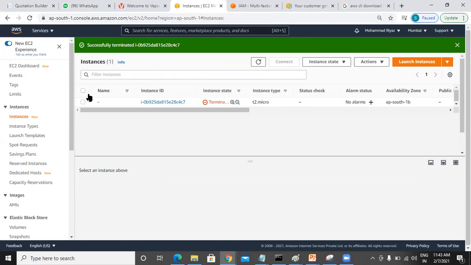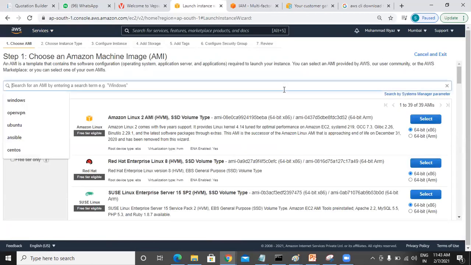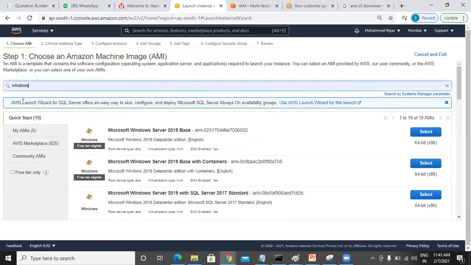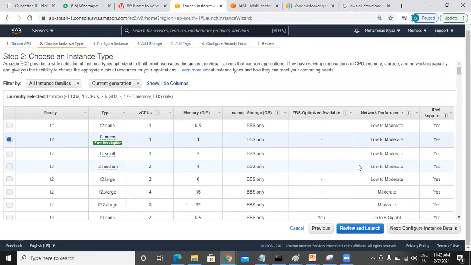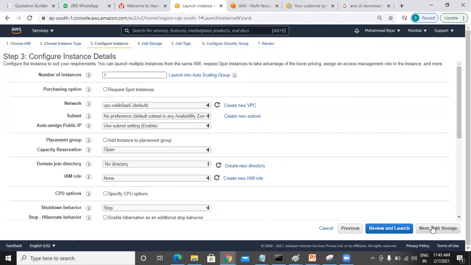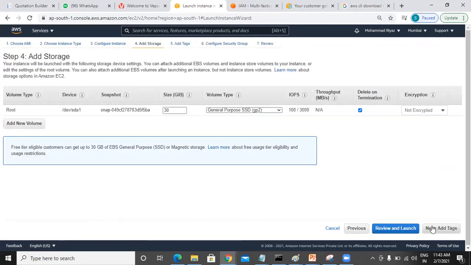Okay. So here I have gone to EC2, and here we need to create a Windows instance. Go here, type Windows, enter, and select Windows OS, because when you want to create an Active Directory, you need a Windows operating system. Select this and click on next. I'm going with default. That's fine.